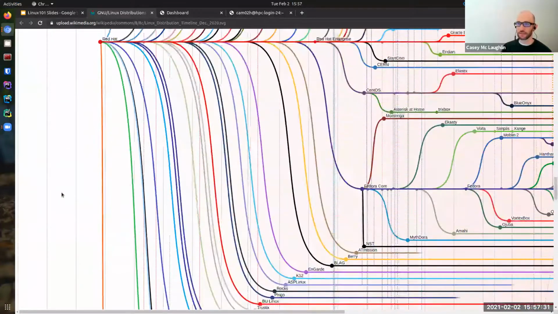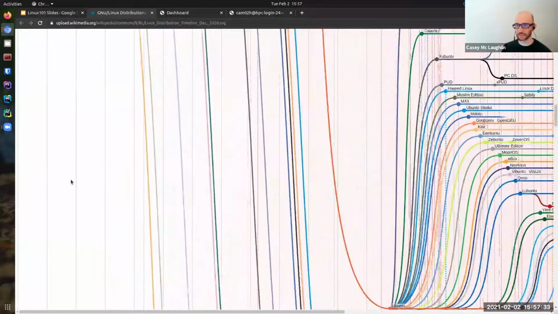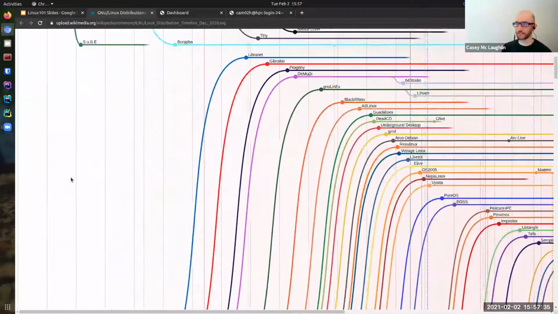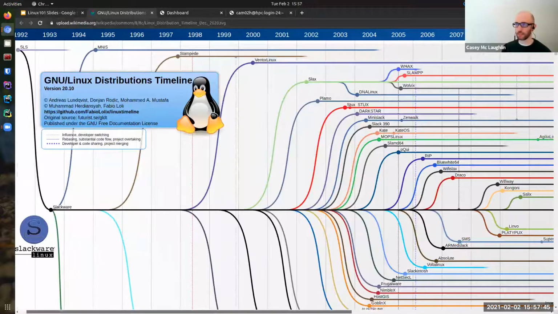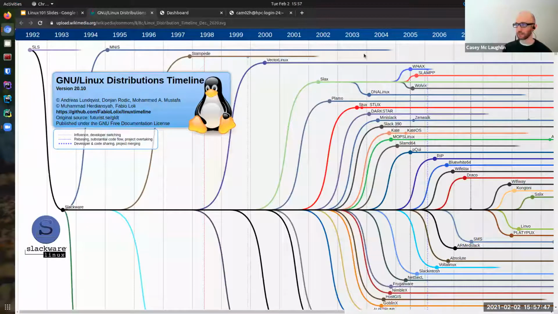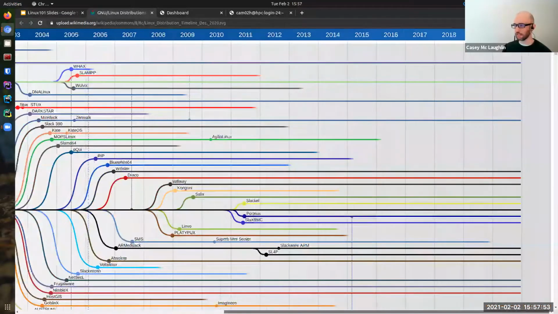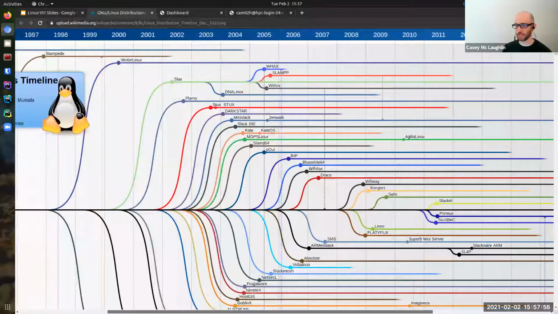Now, there are three main original style user space implementations, and one of them is called Slackware. And of course, some of the earlier branches petered out, went extinct, I guess you could say. But the main Slackware is alive and strong today.